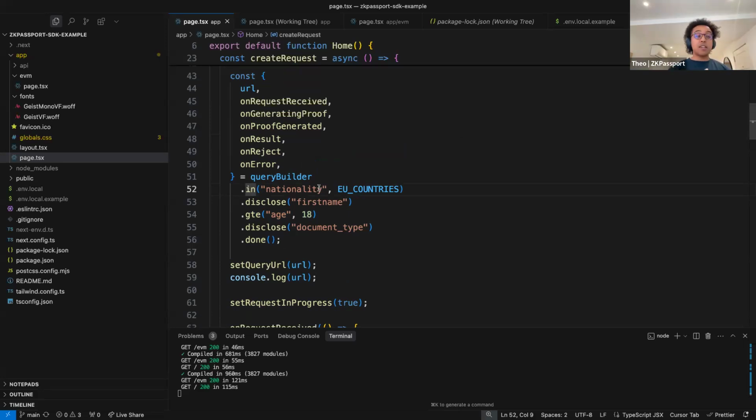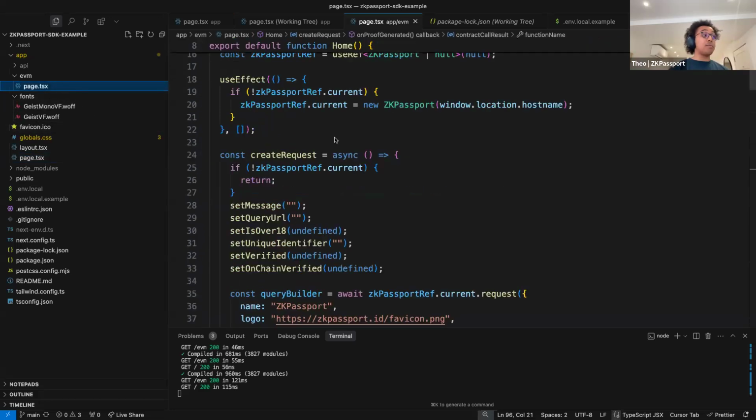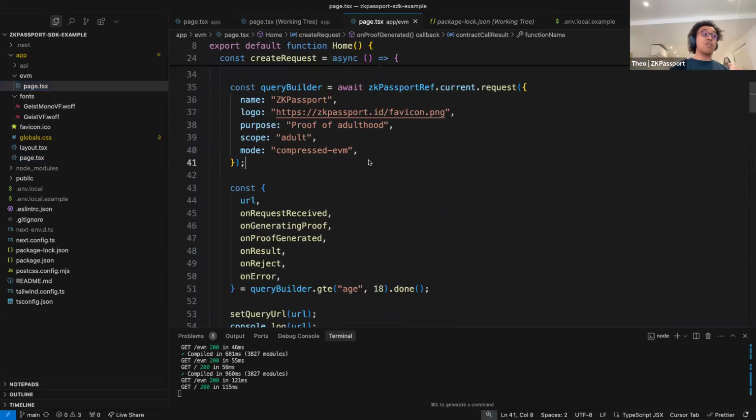So with this, you can have pretty good UX easily because it's pretty fast, but you're not going to be able to do on-chain. Now, if you switch to the compressed mode, that's where things get a little bit tricky because this is much longer. It's still to be optimized, but